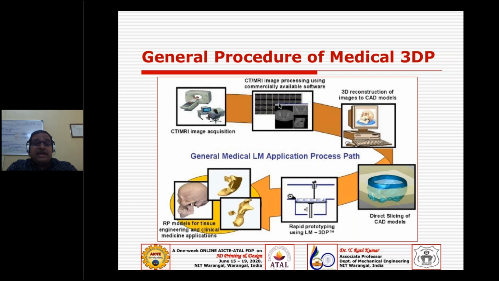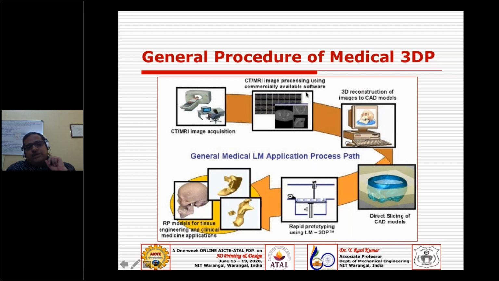So cone beam CT can give volumetric data, true, but what my 3D printer is looking for may not be in that format, or I want to segregate my tissues or my region of interest, so that may not be directly taking the CBCT data into the 3D printing. So definitely, as of now, we need to have some software to perform that job. That's why you have medical modeling software, which we discussed during the third session. You have plenty of software to do this job.